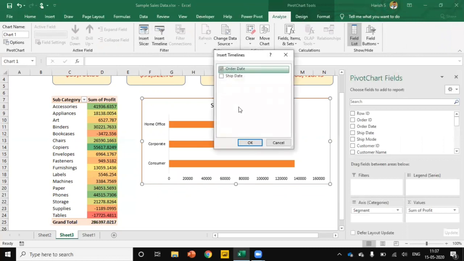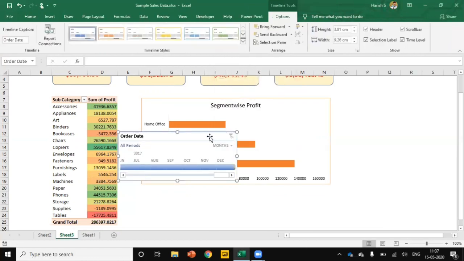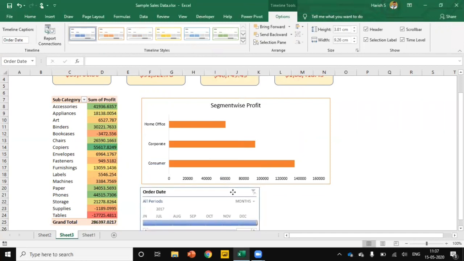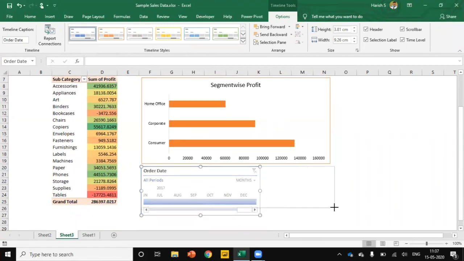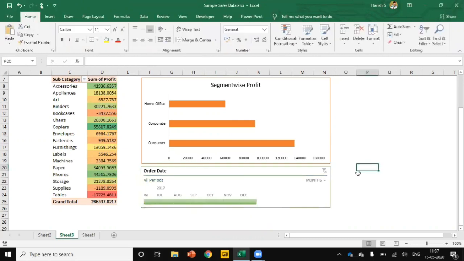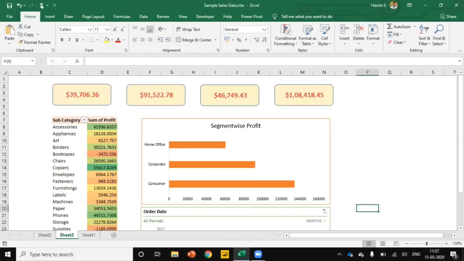I'm going to select this order date. Align this shape also accordingly and change some other formatting. All right, we have added everything together.